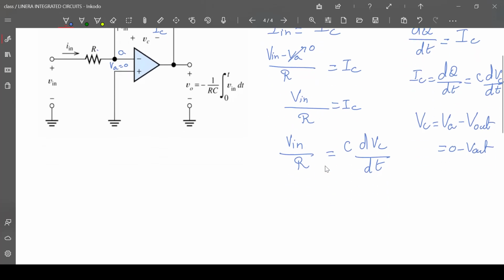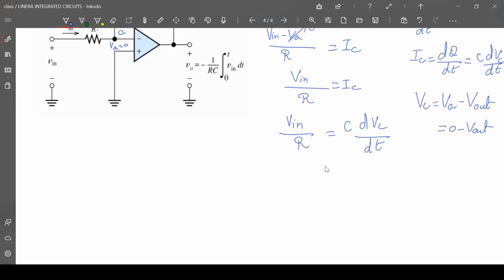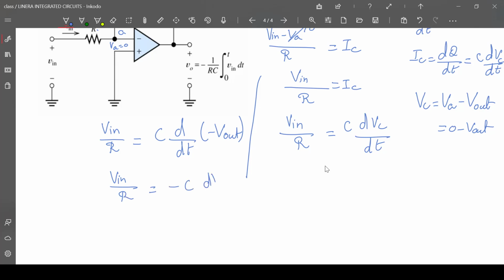If you substitute that, you will get V in divided by R is equal to C into d by dt of minus V out. That is nothing but V naught, the output voltage. So if you simplify the equation, V in divided by R is equal to minus C into dV naught divided by dt. So if you simplify this equation further,